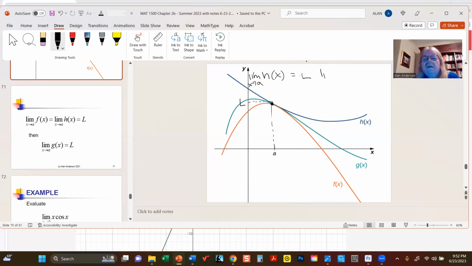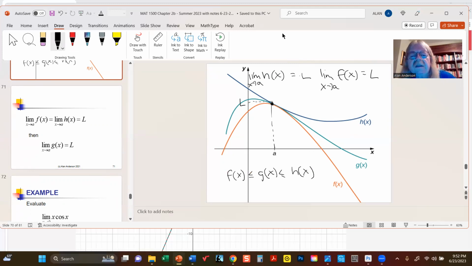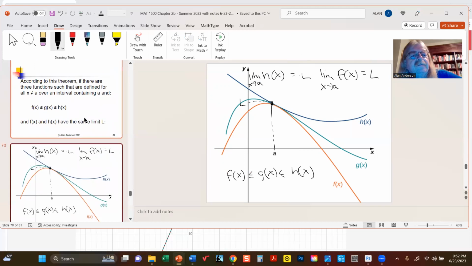The limit of the bottom function, f of x, as x approaches a, is also capital L. It's just some constant. So if you can prove that no matter what, g of x is bounded between f of x and h of x,